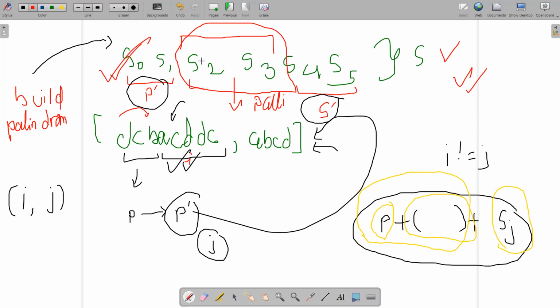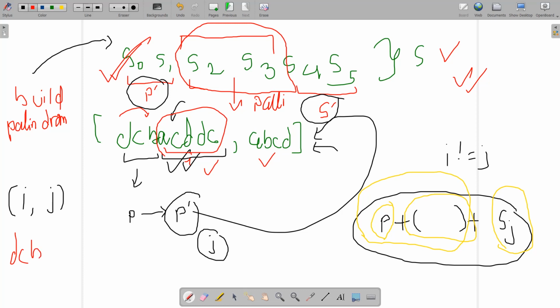Select some prefix and check if the reversed form of this prefix also exists in my array of strings. Let's say that it exists at jth position and i is not equal to j. Then we can concatenate s of i and s of j only when the remaining part is a palindrome. Can you concatenate this ith string, dcba cddc, with abcd? Yes, you can concatenate this one. And how can you do this?